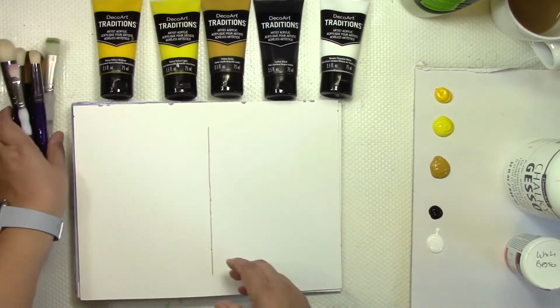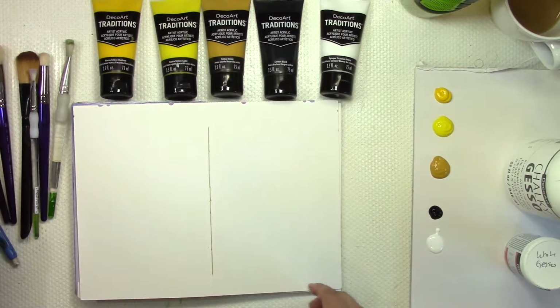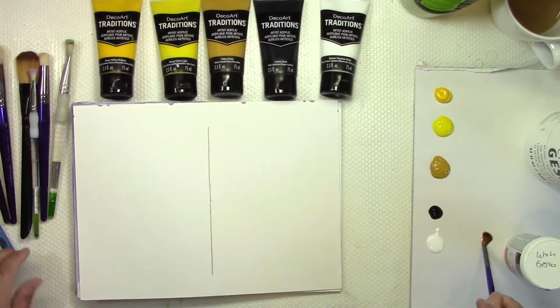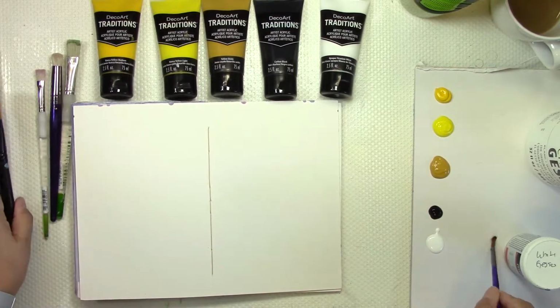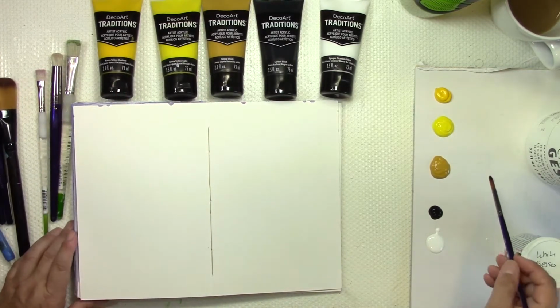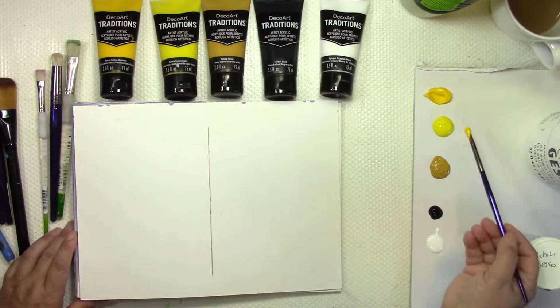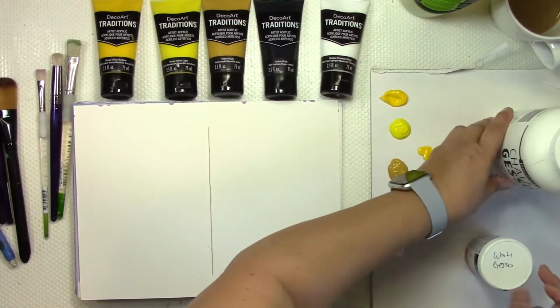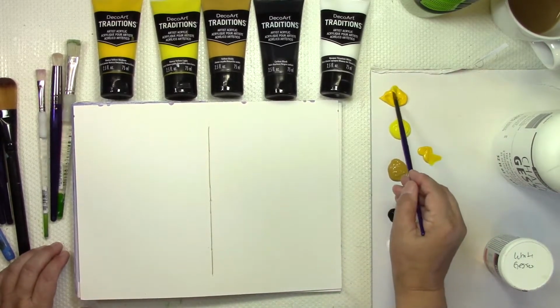So for the background, let's mix our paints first. I'm going to use a small brush just to pre-mix the paint, but I'm going to be actually applying it with my big fat filbert because I really like that. So I'm going to do the Handsy Yellow Medium, and let me bring that closer. I'm going to pre-mix this first, then